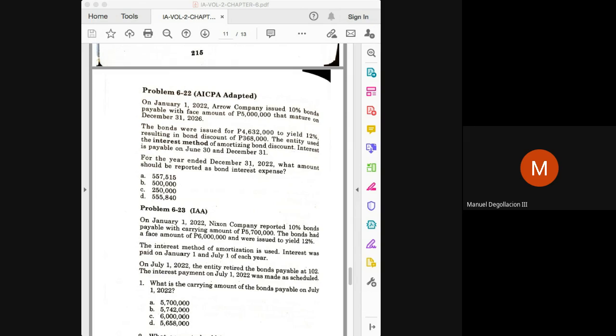Okay, so 4,659,920 times one half of the effective interest rate of 6%. That means the interest expense for the second half of the year, for July to December, is 279,595 and 20 centavos. You add this with the interest expense we computed for the first half of the year, you will have